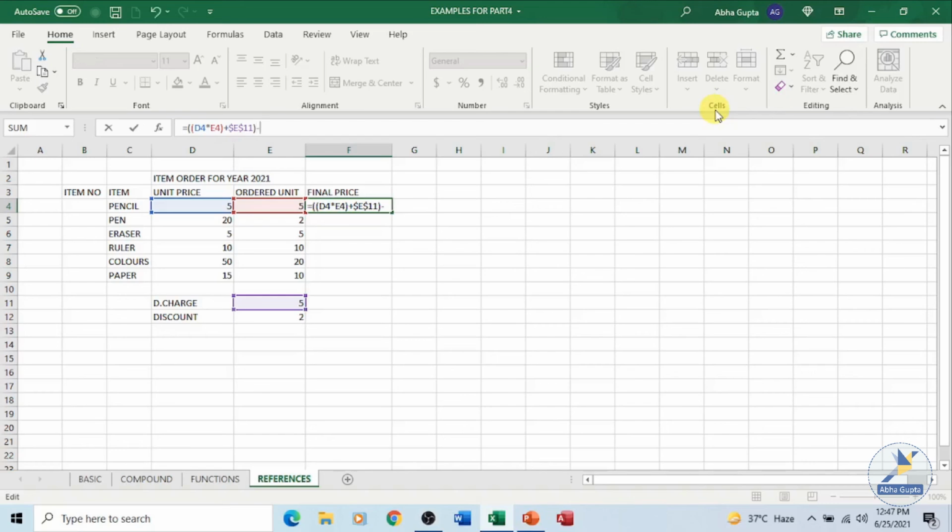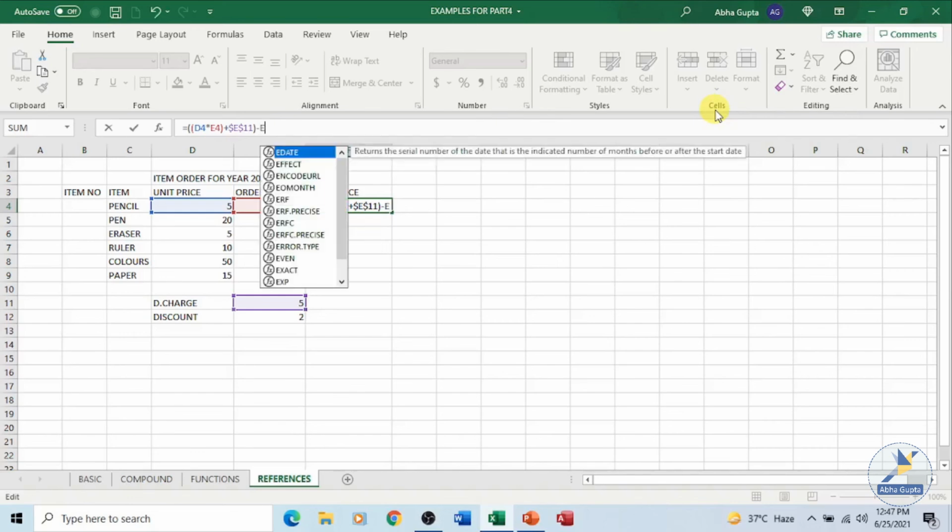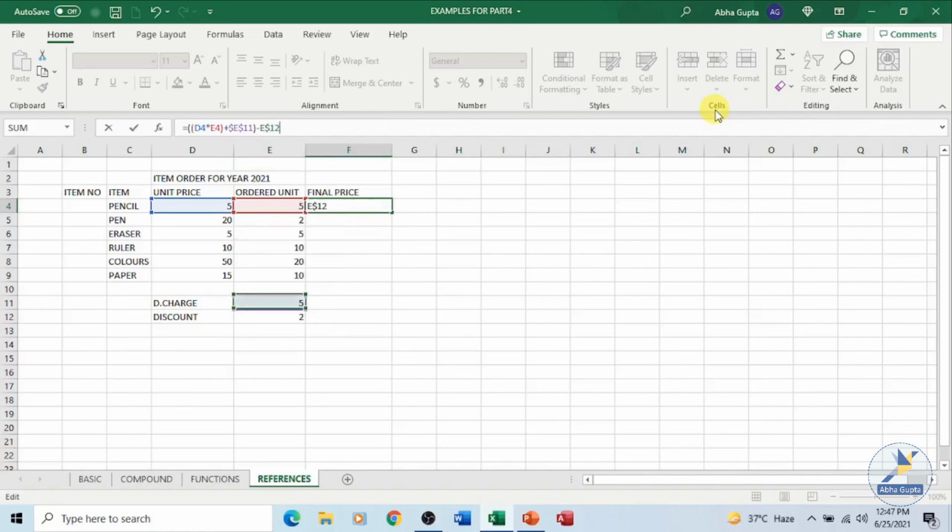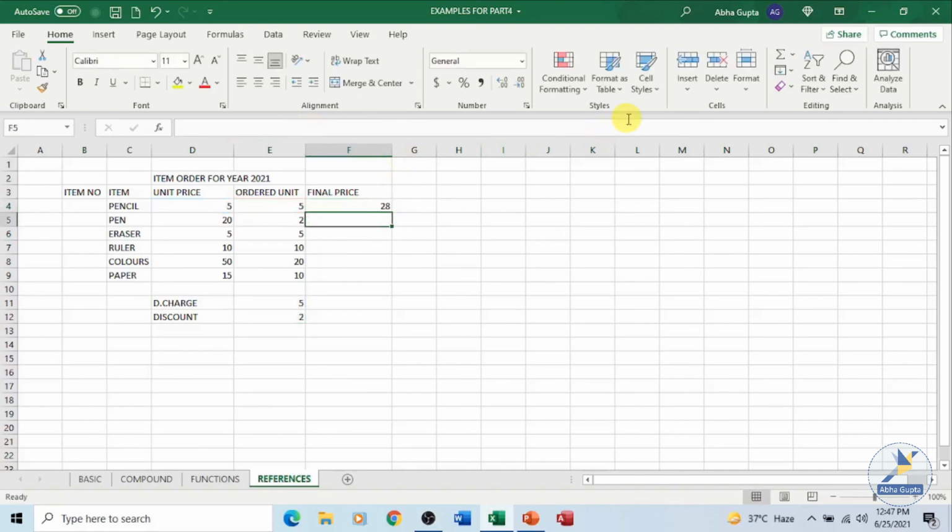Let's deduct the discount, minus E, and we want the row to be fixed. The discount amount is in E12. So we have made our row number as fixed, E12, and let's press the enter key.